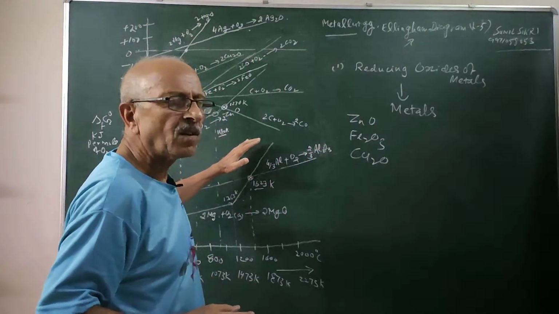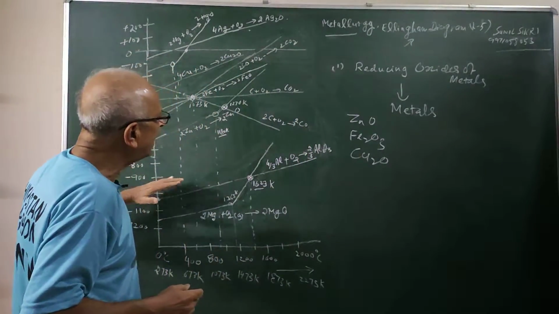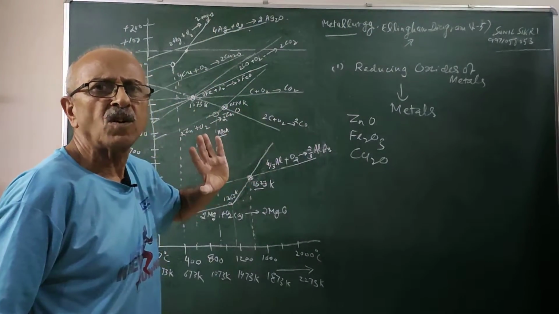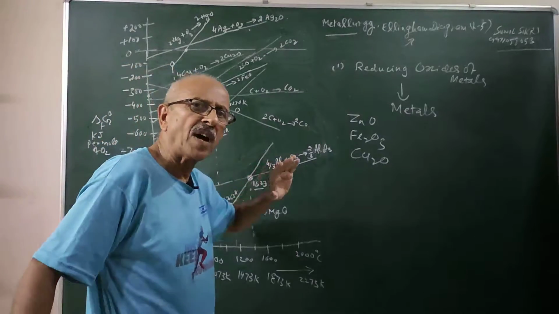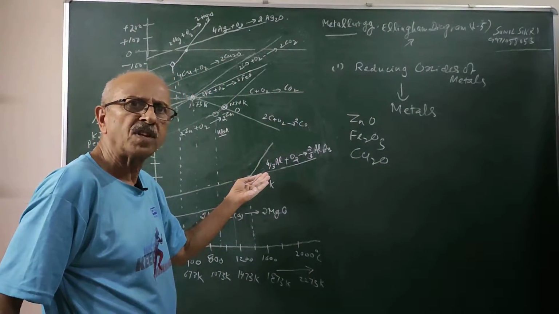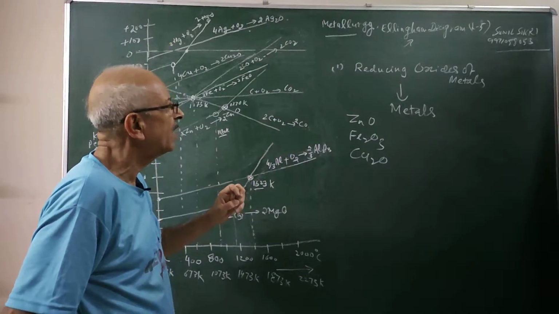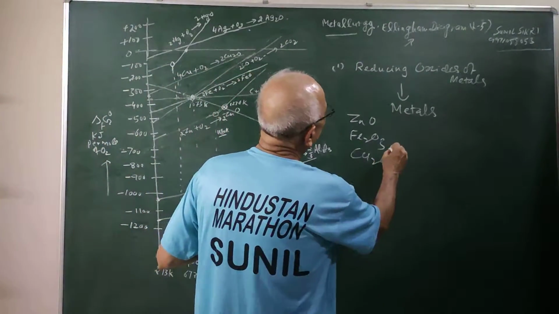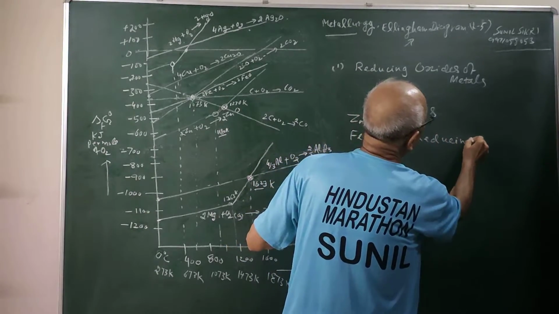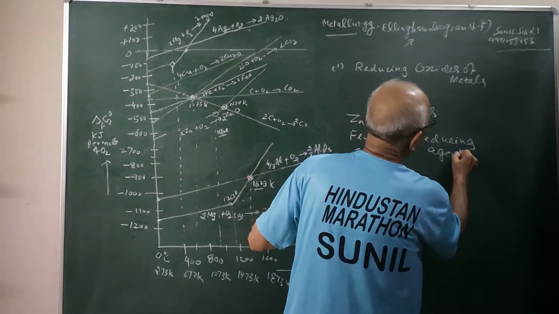But for other metal oxides, you have seen we will need very high temperature for direct dissociation. Therefore, it is not possible. We cannot set up such high temperatures, and metals can melt, and they change their states also, as you have seen, from solid to liquid to gas. So we have explained to you. Now for this, what type of reducing agents are we going to use and why?